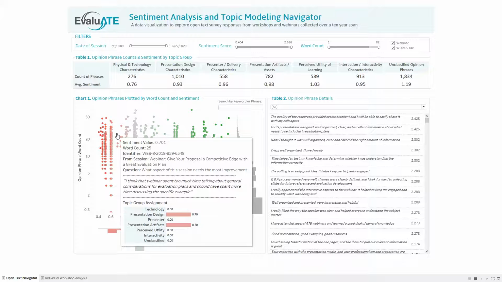So the fact that the webinar spent too much time was developed around the presentation design being too long. And then the artifacts would be the evaluation plans and specific examples that would have been a part of the artifacts themselves. You can also see some metadata that's associated to this particular response. You can see how many words are in the response, what the sentiment value is, in this case 0.701. You can see the unique identifier of that opinion phrase. You can see which session that it came from or was collected for, and the question that this response was for. In this particular case, this question was what aspect of this session needs the most improvement,